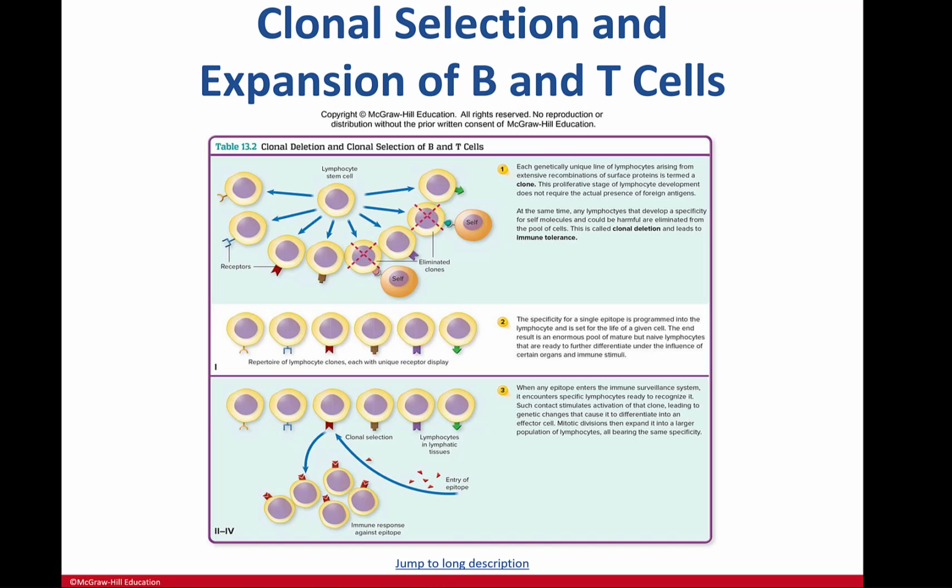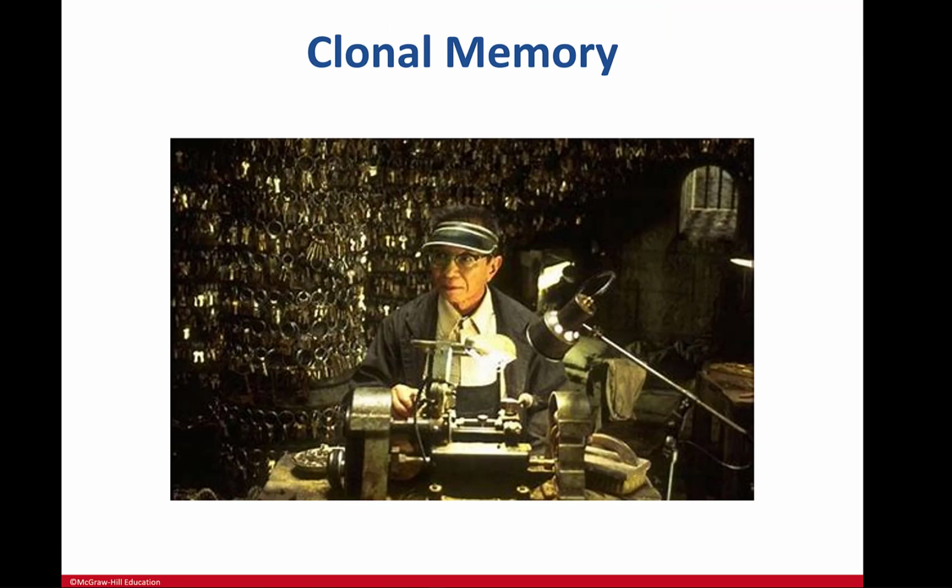The other ones, it's great that they were there, but we've got to get rid of the self ones that bind. It's sort of like the Keymaster in The Matrix. The Keymaster is grinding keys randomly for the event they have to open a particular lock, and when they find one that does, they store it on the wall. Isn't that an amazing analogy? And all these, the body kind of collects all the various keys and immune responses that they've known over the years, and can come back and pick them up instead of regrinding